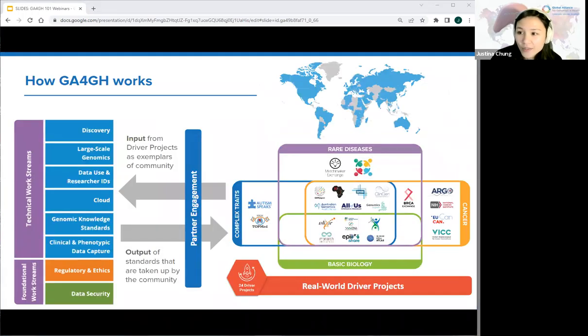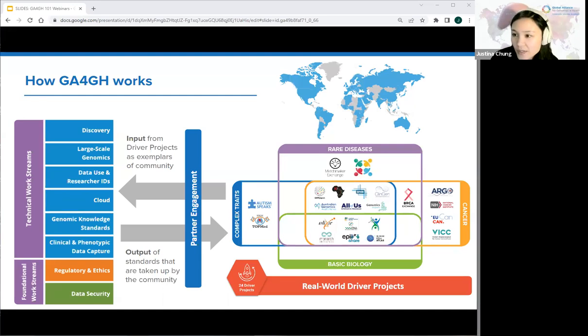And now we'll take a closer look at how GA4GH works. So I had mentioned we have our 8 work streams. I won't list them all now. We will dive deeper into each one later on. These are internal GA4GH groups where the standards are actually developed. 2 community members volunteer to lead each work stream, and contributors from all over the world